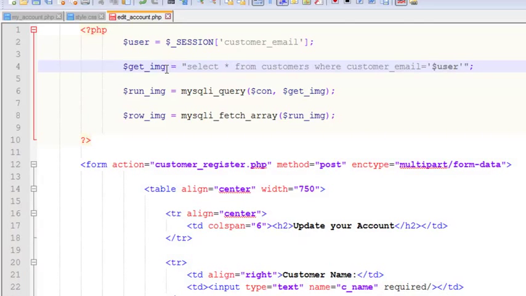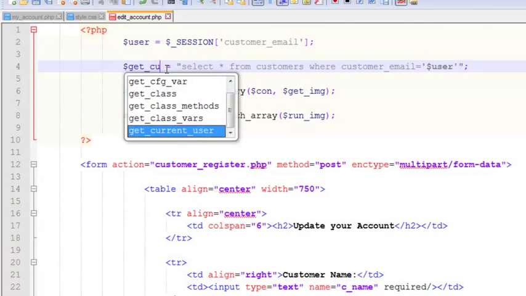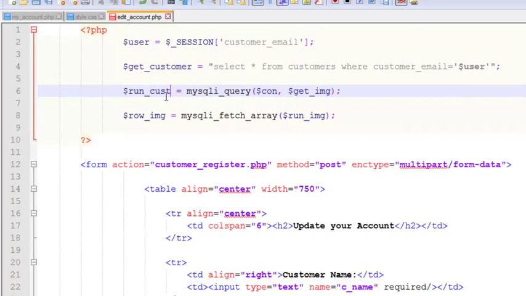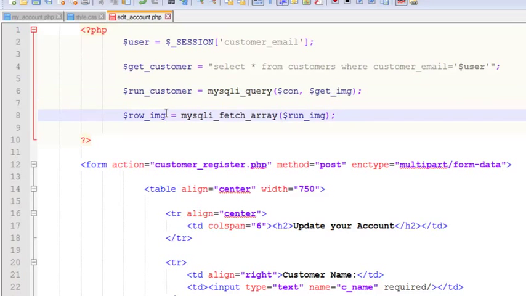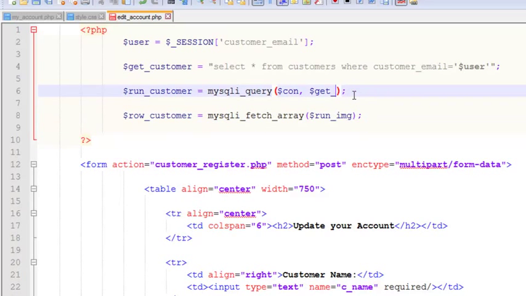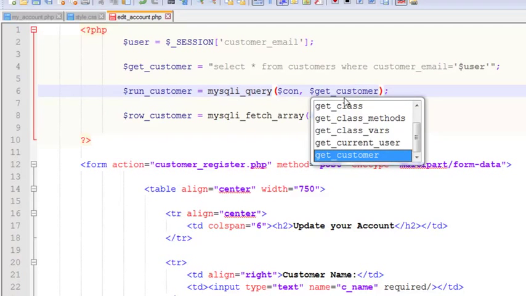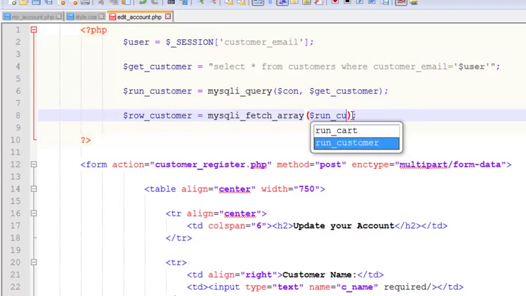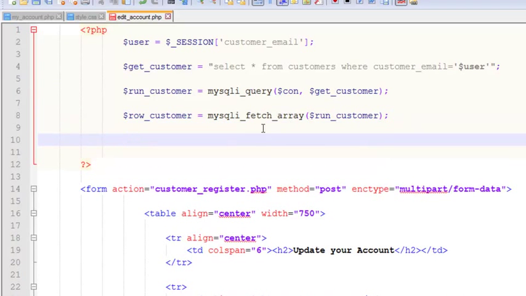So we will say get customer, select from customers where customer email is equal to user, and after that we will say run customer, and then we will say row customer. Sorry, we need to change this as well to get customer, and add this also to run customer. So after this we will get, because we are fetching the data,